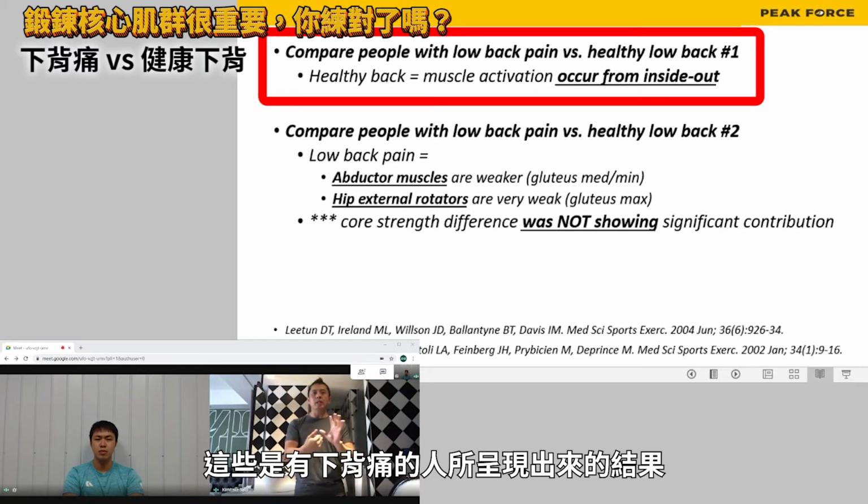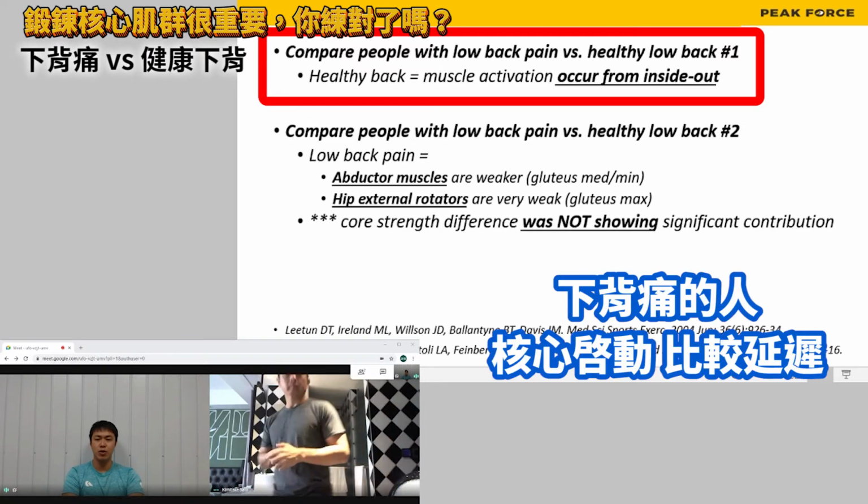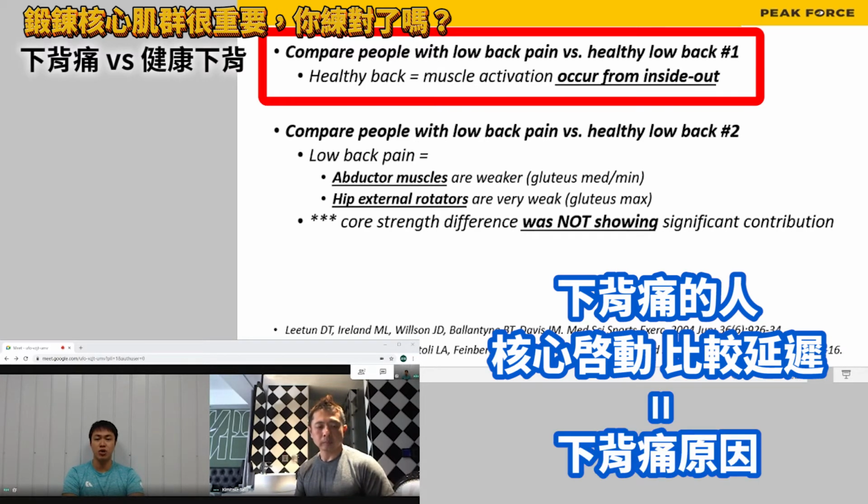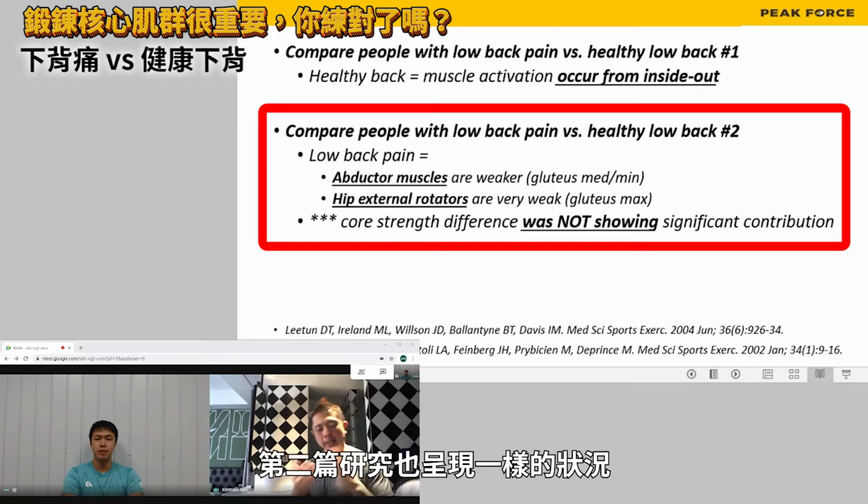That is the key point for people with low back pain. 有下背痛的人，招募顺序通常不对，会从远端招募到近端，也就是发力时先从四肢发力，核心的启动比较延迟，这是造成下背痛的原因之一。